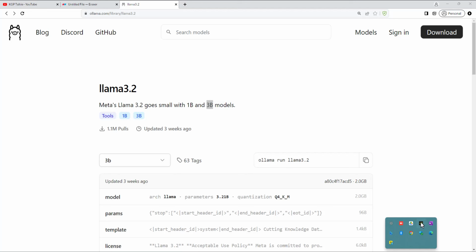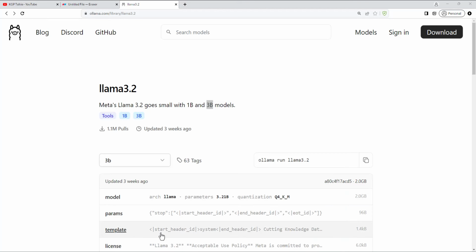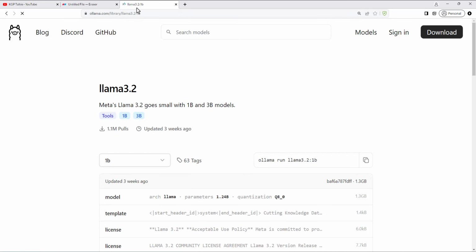Thereafter, you will notice that you need to search for Ollama here, and then just click on that. You will notice that your Ollama will start here. Now your Ollama is running here. Thereafter, you need to run your Llama 3.2 on Ollama. So I'm going to select the 1 billion parameter model here, and thereafter I can just simply copy this